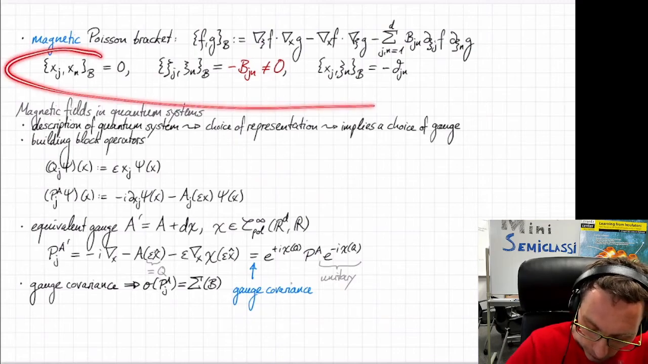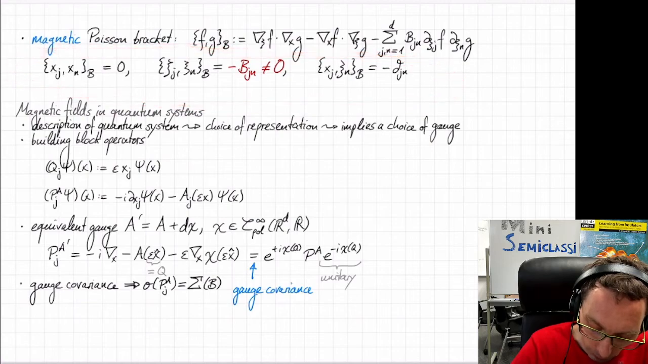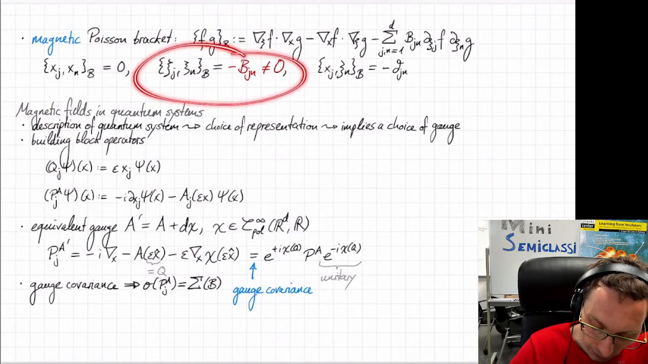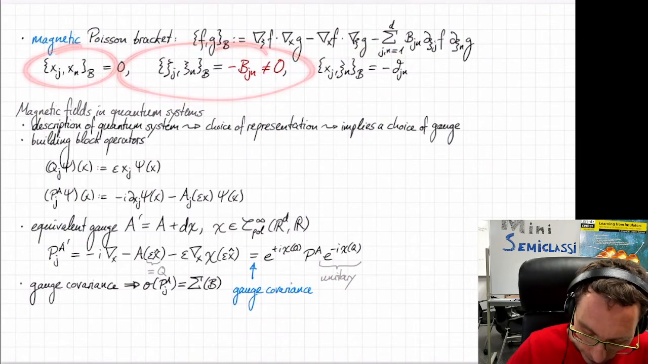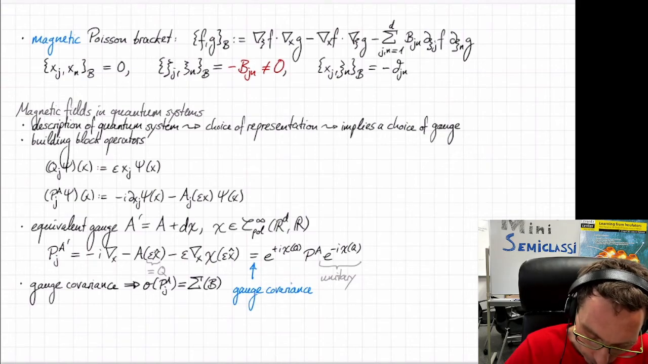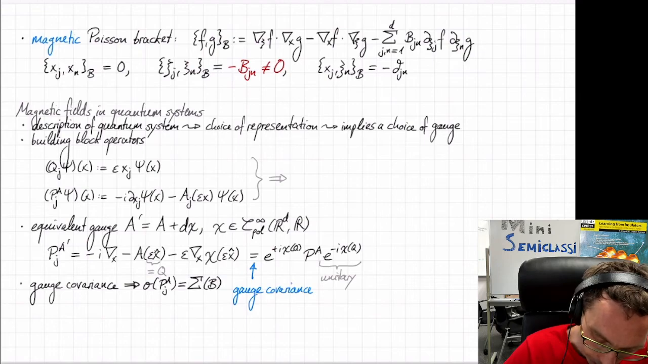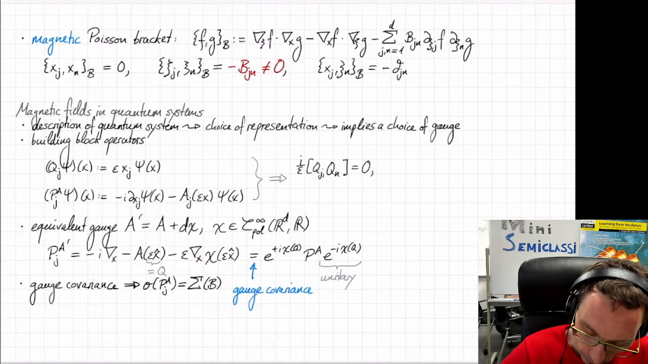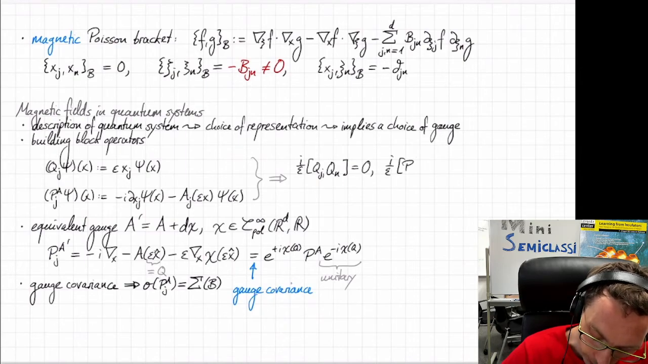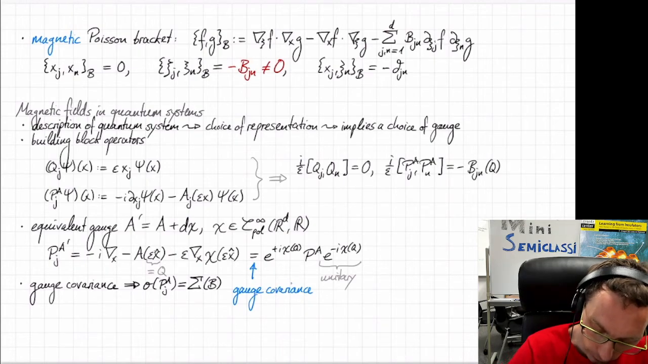remember, morally speaking, the Poisson bracket corresponds to i divided by epsilon times the commutator of position and momentum operators, and we should get exactly the same type of structure here, namely that the kinetic momentum operator, and indeed it does. So for example, these guys here, they satisfy, as you would expect, i/epsilon [q_j, q_n] is 0. i/epsilon [p^A_j, p^A_n] is equal to minus B_jn(q),